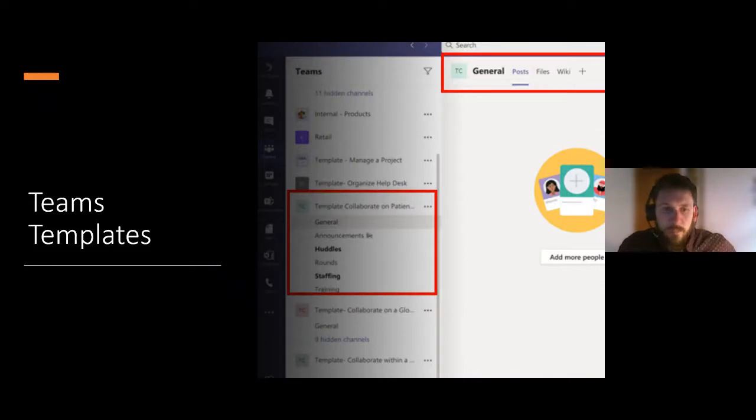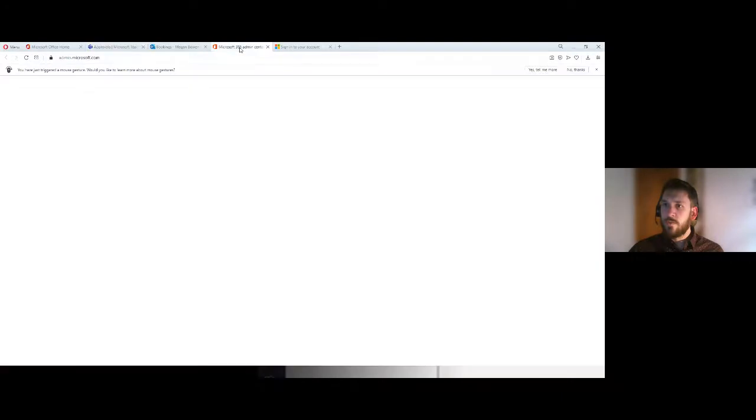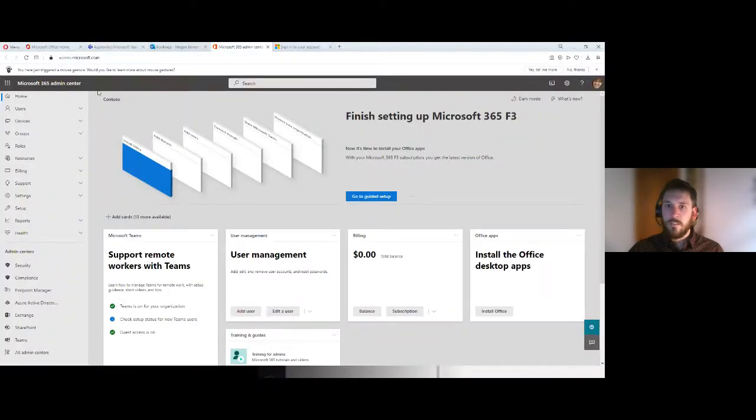And then one other item that I did want to touch on the admin center side are Teams templates. Microsoft has done a good job of building out templated solutions for Teams, and you can build out hospital or clinic related teams so that they come with all of the different channels baked right into them from the get-go. So it's really easy to get started. If we jump back into our demo real quick, I will just show you that. So if we're in our admin center, you can go right into your Teams portal,